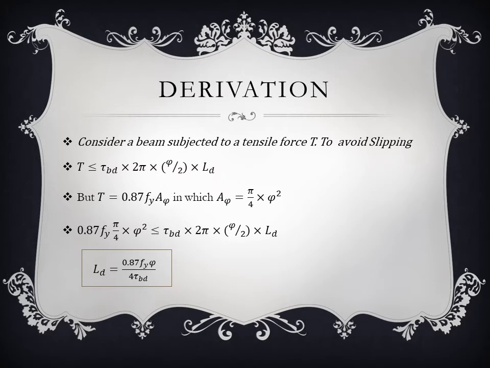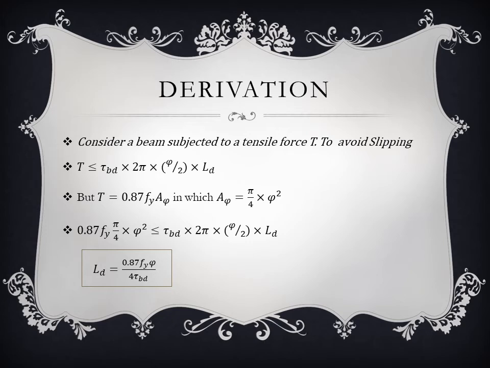We take a particular beam subjected to a tensile force. In the previous image a tensile force T is acting on it. When a tensile force acts on it, a stress is developed, right? So what is the formula of stress? It's equal to force by area, right? Here we have to find the tensile force. That is stress into area. The stress developed is bond stress, that is the tau bd. That is the stress that acts at the interface of the concrete and steel, tau bd, into